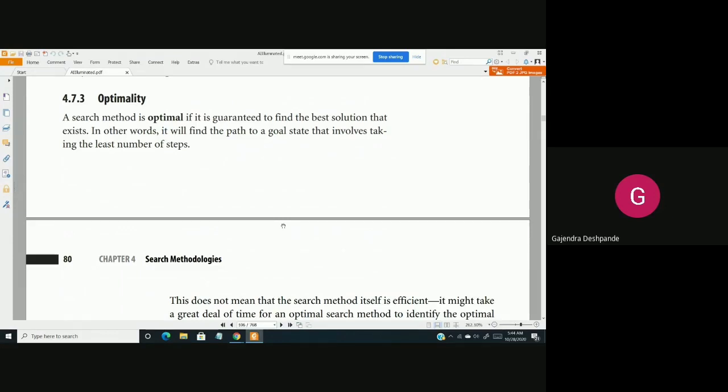That is, if you have no time, you have urgency to reach Bangalore, and if a flight is available at that time, the best is to take the flight. But if a flight is available but you can reach faster by car, then you have to take the car. So that is how optimality works. So optimality means you have to find the best solution in least steps. So when I say best solution, it takes least steps and it results in least cost.